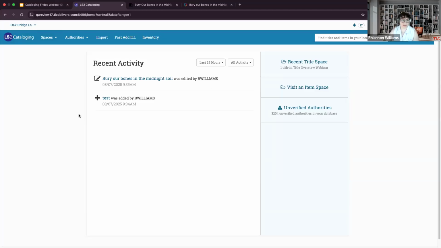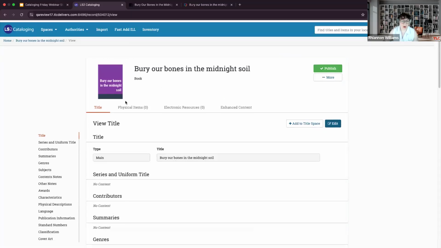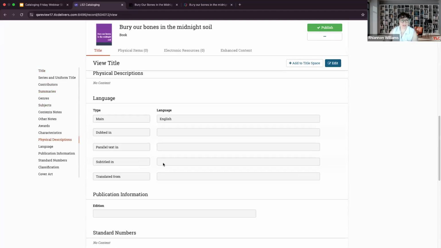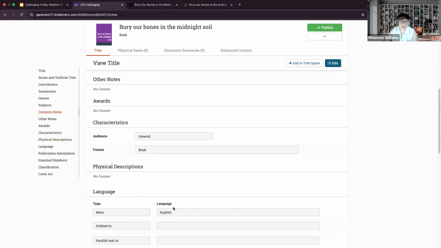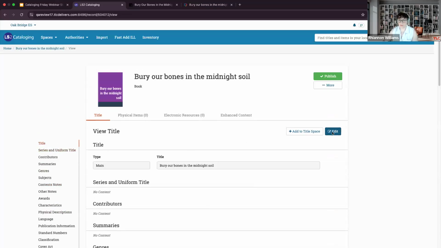I'm now here in LS2 Cataloging on our home page where we come in with our activity feed and everything. And I have gone ahead and created a new title to show how we would do some original cataloging for this material. So I'm going to go ahead and pop in here. So all I've done is, I went ahead and created a new blank title record for this. And in order to save it, you have to include the main title here, as well as the language information. So I went ahead and added those two,